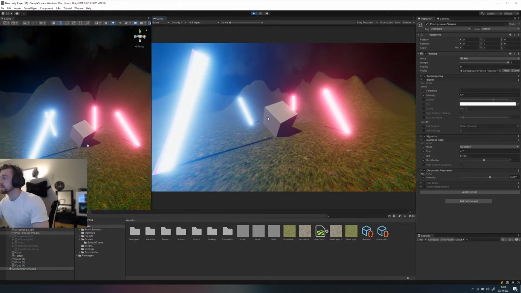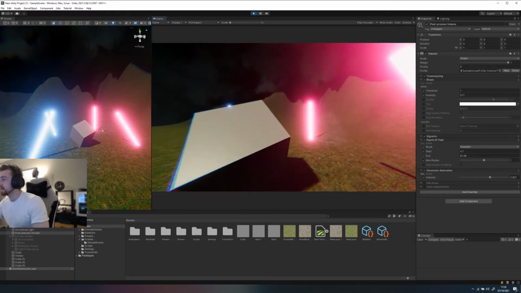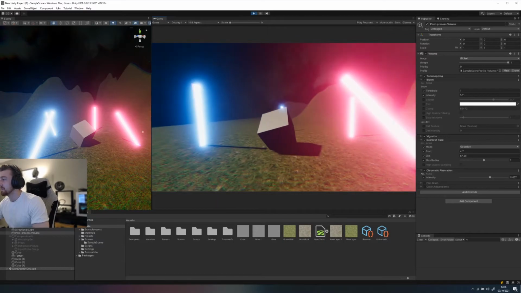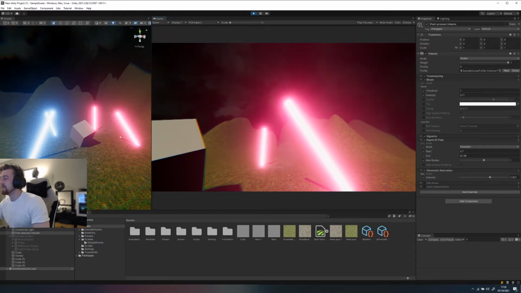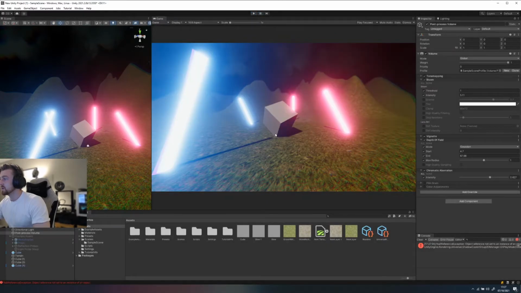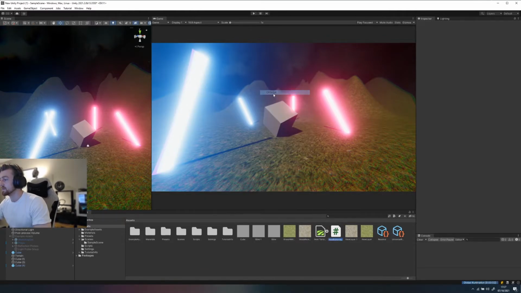Let's just click play and just have a fly around and just see what we've got here. So we've got a scene that now with the terrain that we've created and some global illumination, baked light maps with emissive properties on the materials, and it looks quite nice. So let's do something interesting here with minimal code. We're going to right click scripts and create a C# script. I'm going to call this trigger cube,